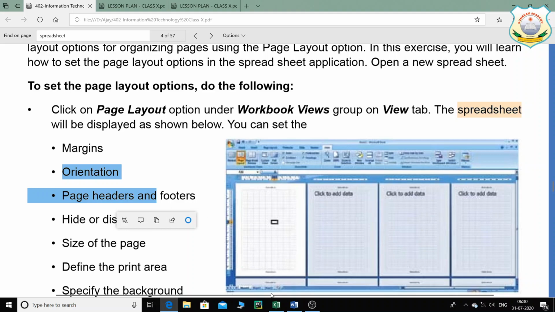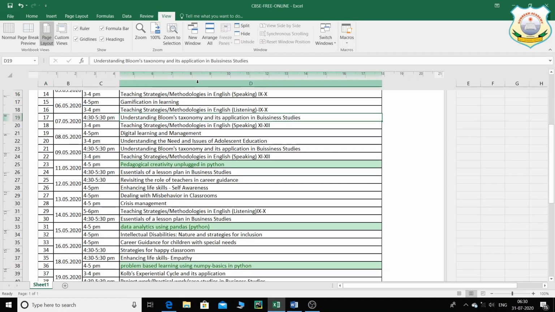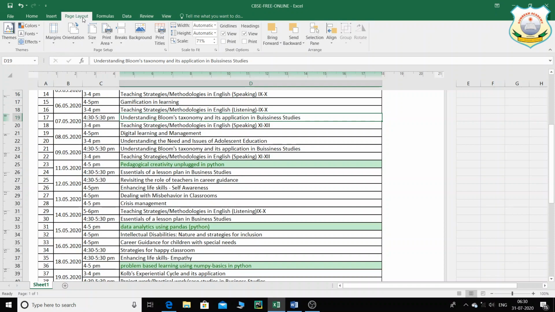But since we are working with the 2016 version, you can see that in the view option we have normal, page break view, page layout and the views. And the options that they are talking about, we have in page layout view. So certain differences will be there. As I said, certain options will be at different locations depending on the version that you're working with.